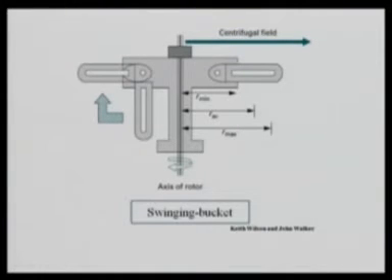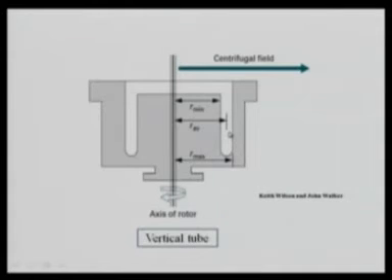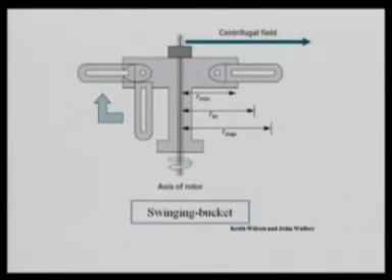So in these two models, the major difference is that in the first model, the centrifuge tubes are in a fixed position. Whereas in a swinging bucket model, the moment you switch on the centrifuge, the tubes which are vertical at the beginning will start taking a position towards this. At the very beginning, the tube is like this. The moment you switch on the centrifuge, what is happening? You can see the tubes are taking horizontal positions, from vertical they are converting to horizontal.